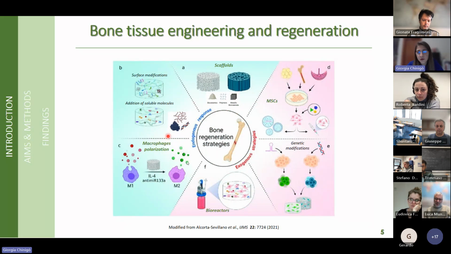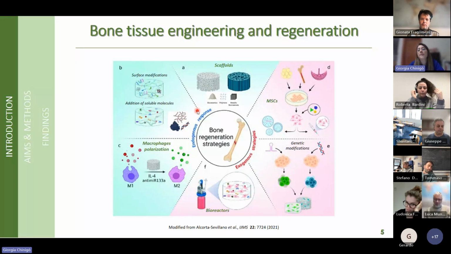In this slide, I summarize the main strategies exploited by bone tissue engineering that can be divided into two main categories. On one hand, we have the so-called endogenous strategies that plan to induce osteogenesis by exploiting the response of